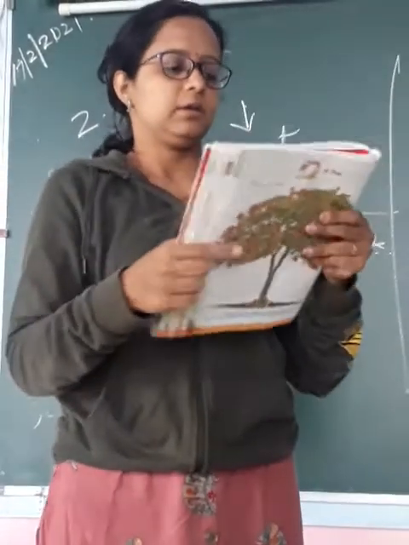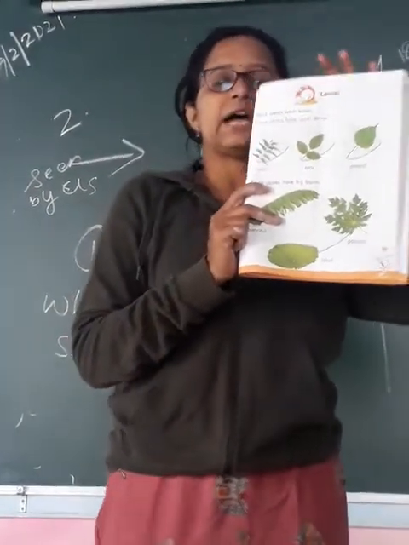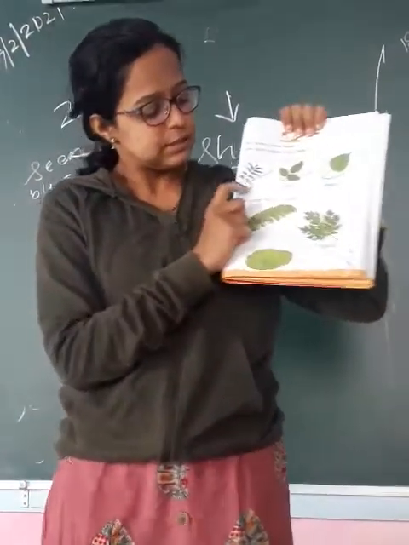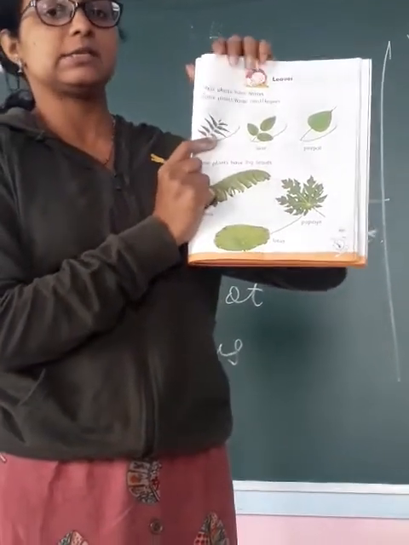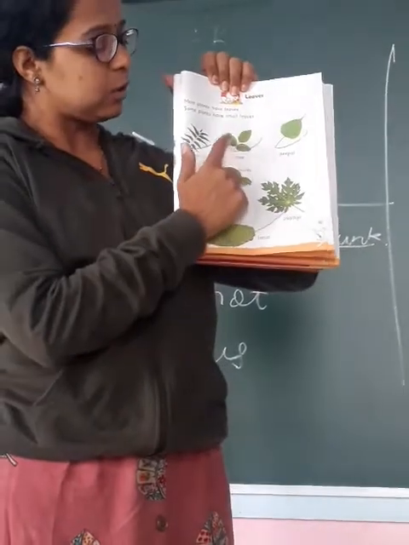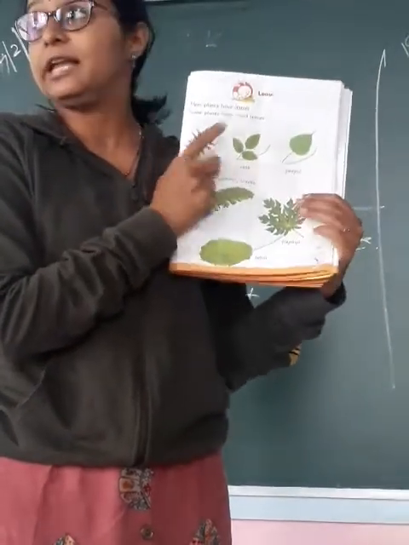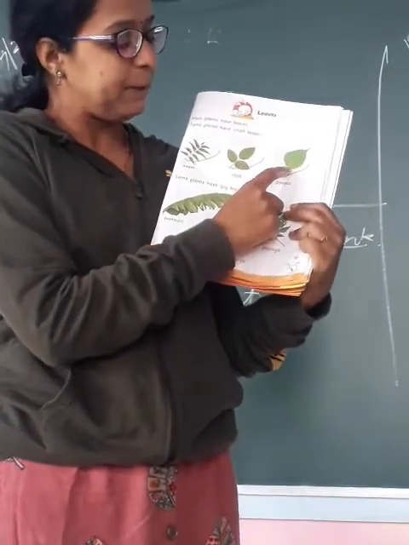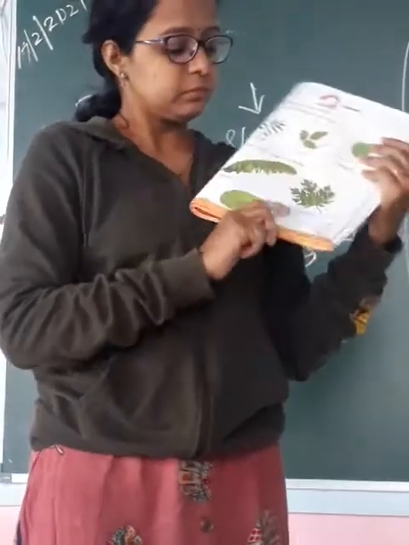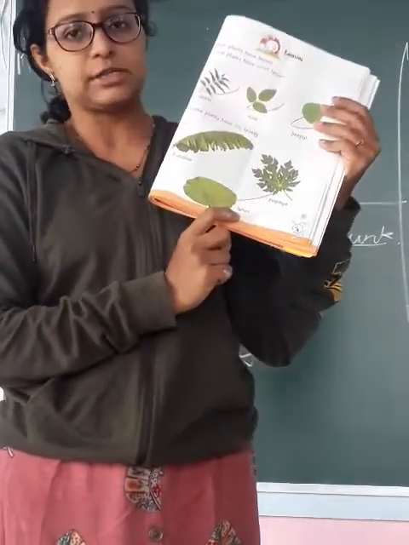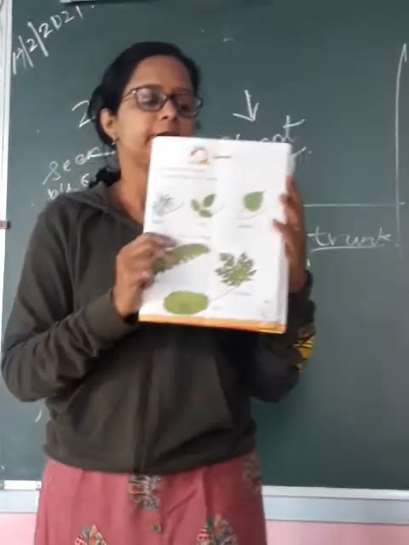Okay. Here, there are different kinds of leaf. Different plants have different kinds of leaf. This is the neem tree. Neem tree leaves look like this. This is a medicinal plant. Then the rose tree. The rose leaves are like this. Then you have the peepal tree, banana tree, papaya tree, and the lotus tree. These are the different leaves of different trees. Okay.